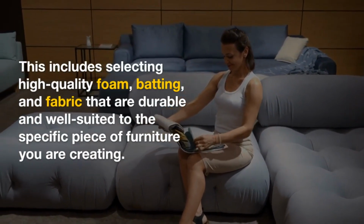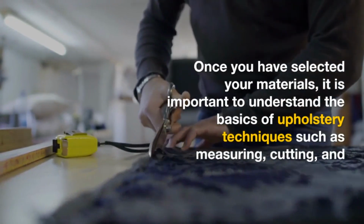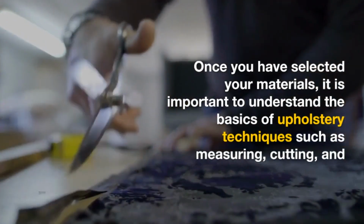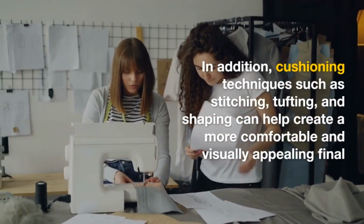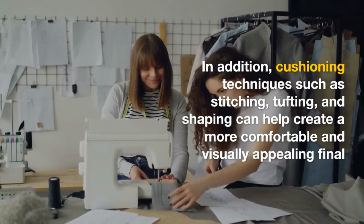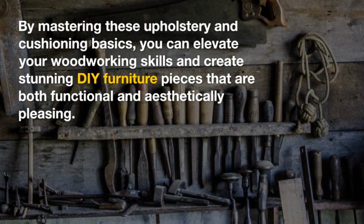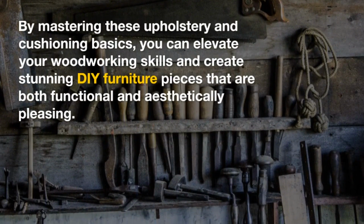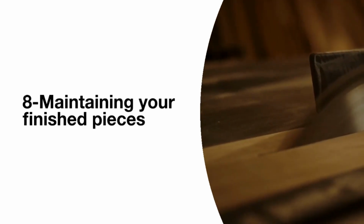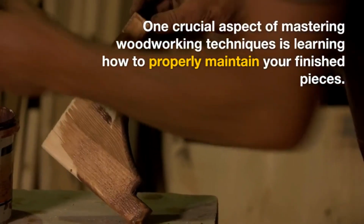7. Upholstery and cushioning basics. Upholstery and cushioning are important aspects of furniture making, and mastering these techniques can greatly enhance the comfort and visual appeal of your DIY furniture pieces. To begin with, it is crucial to choose the right materials for your upholstery and cushioning. This includes selecting high-quality foam, batting, and fabric that are durable and well-suited to the specific piece of furniture you